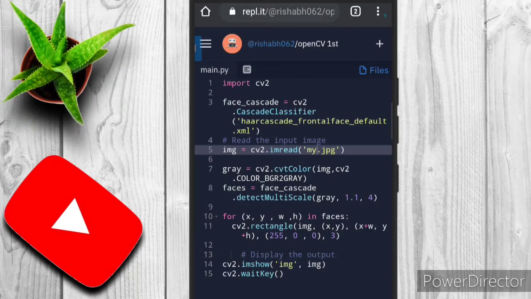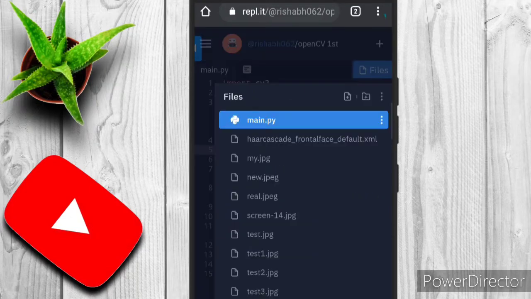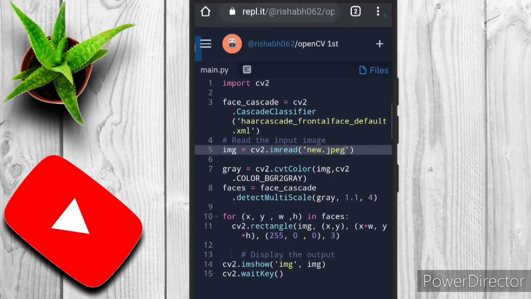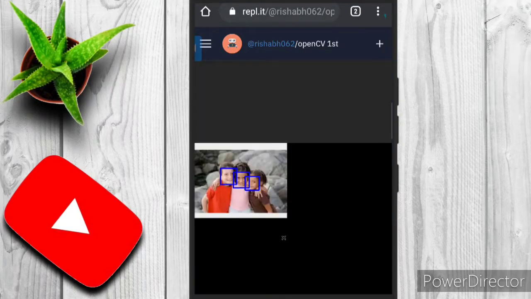If I change it to another image, new.jpeg, which I have in my files, the haarcascade_frontalface_default.xml file is a must because it's a pre-trained file. If I run it again and wait for nearly 5 to 10 seconds, here is the output. It is detecting multiple faces very clearly and successfully.